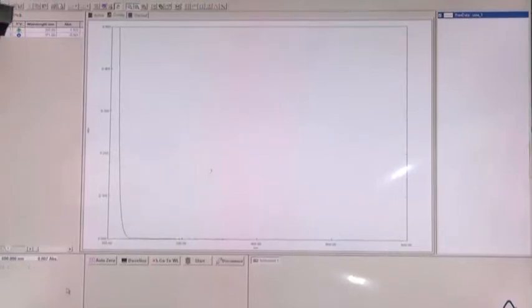Now, we have added urea in the reference compartment, and let us see what happens. We will explain why we have added it in the reference compartment. Now we have to click this auto zero.